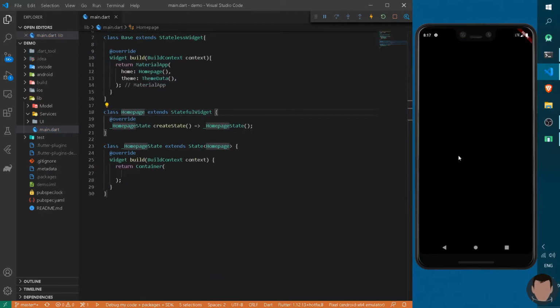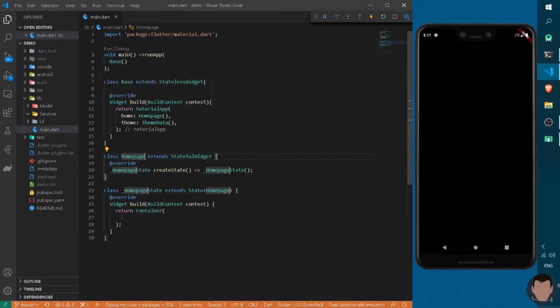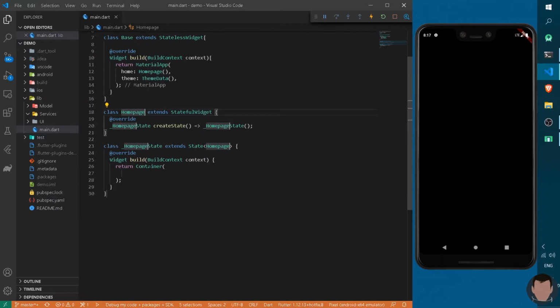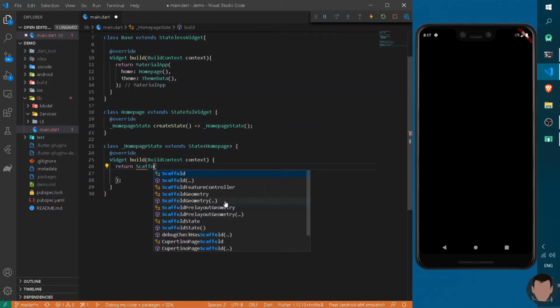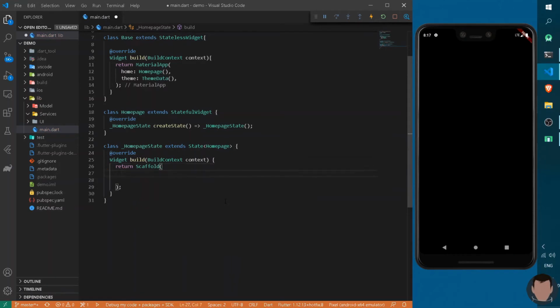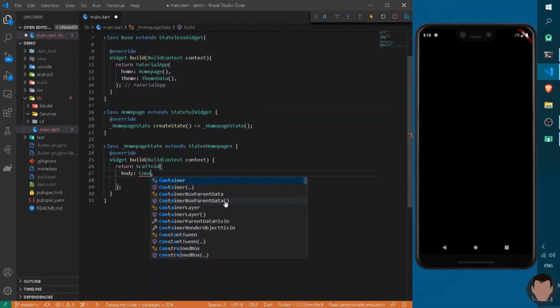Yes, the code will be deleted because we have rewritten the entire code, which is not completed. Instead of returning a container, first we have to return here a Scaffold, because we have to give our entire code some outer structure. And between the outer structure, we are going to fit a container. So it will take as body a Container.